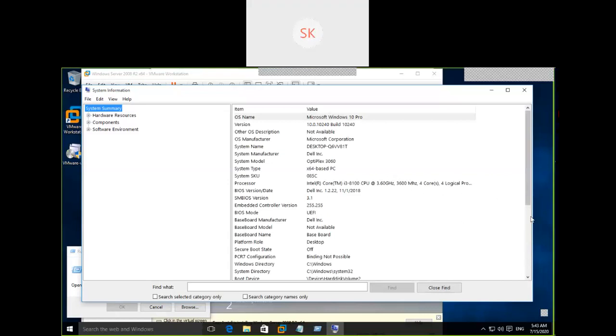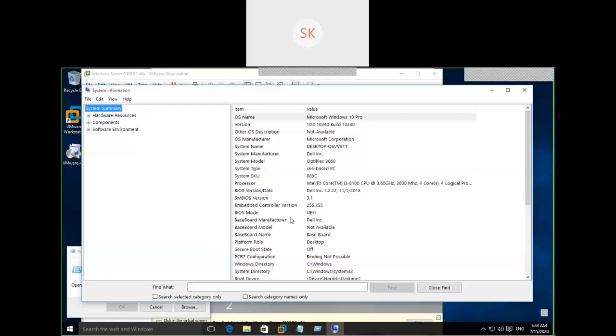What is the CPU configuration? See here, 4 cores. In the sense, this particular system, Dell desktop or laptop, is equipped with 4 cores, that is, a quad core processor, an Intel i3 quad core processor. And what else?